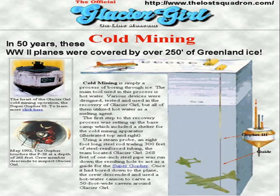Various devices were designed, tested and used to recover Glacier Girl, but all of them utilized hot water as a melting agent. The first step to the recovery process was setting up the base camp, which included a shelter for the coal mining apparatus. Using a steam probe and an 8-foot steel rod trailing 300 feet of steel reinforced tubing, the team located Glacier Girl. 268 feet of 1-inch steel pipe was run down the resulting hole to act as a guide for the